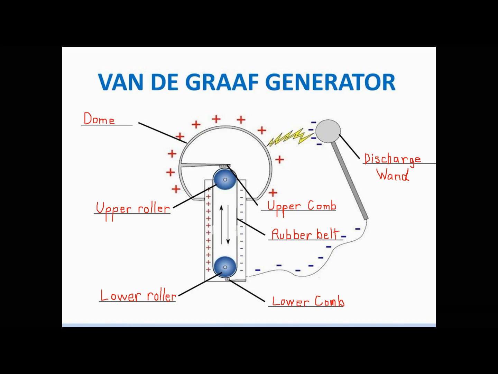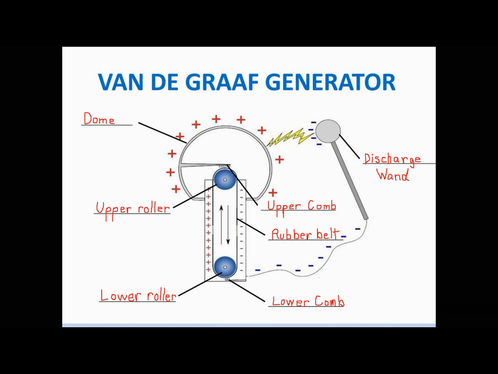And then when that rubber belt touches the upper roller, remember that it's going to touch something that's higher up than rubber on the triboelectric series. Well, now it's going to gain electrons from that substance, and that substance is going to become positive. And then the rubber is now going to have an excess of electrons on the other side as it goes down, and then it repeats the whole process. So this cycle of gaining electrons and giving them up happens over and over again, so that one side of the rubber belt is positive, the other side is negative, depending on what it just touched. If it just touched the lower roller, it'll be positive, and if it just touched the upper roller going around,